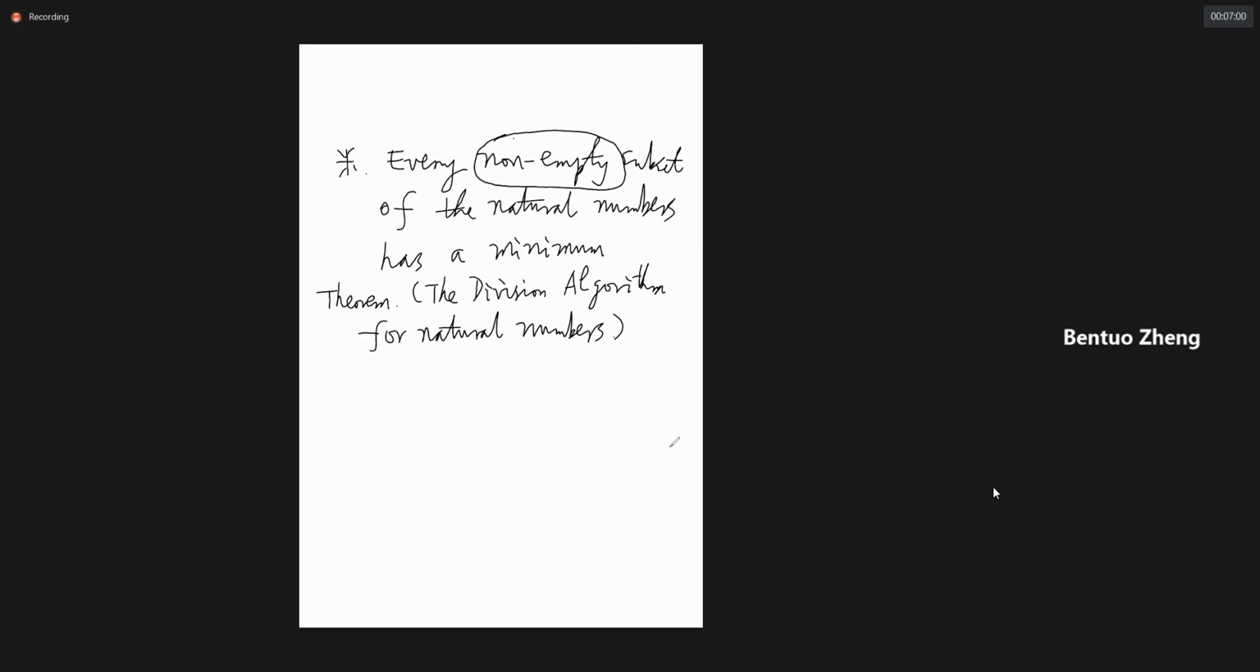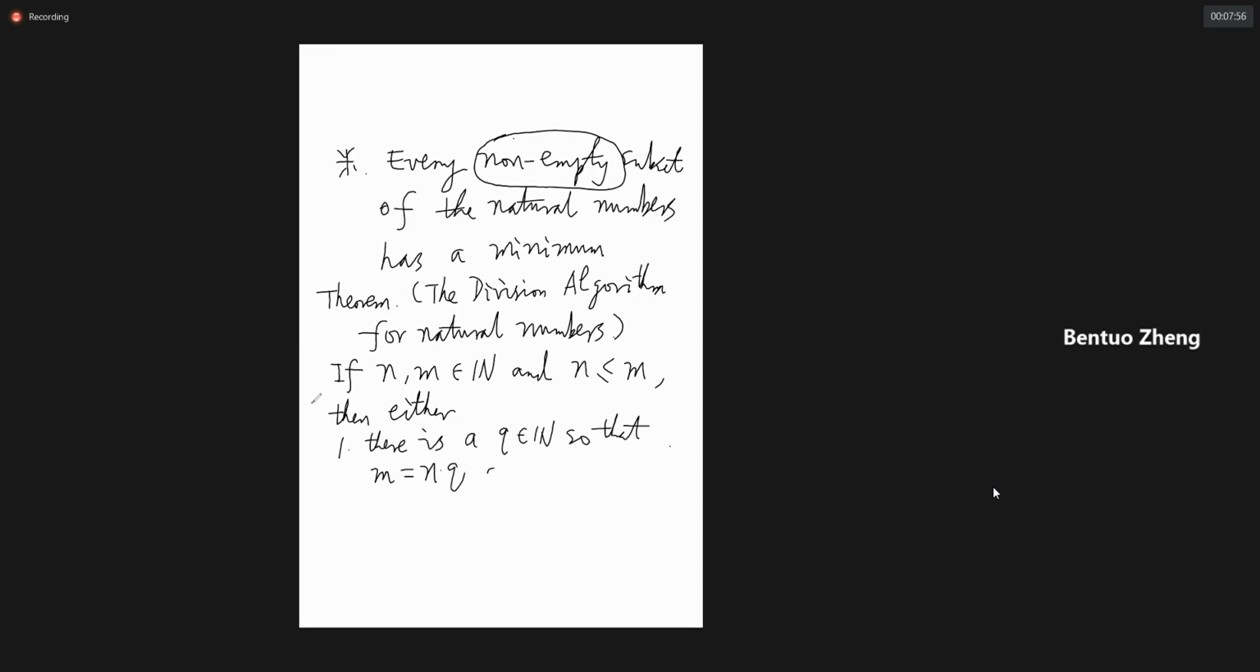So the theorem says if we have two natural numbers, n and m, and n is less than or equal to m, then either there is a q in N so that m is equal to n times q,